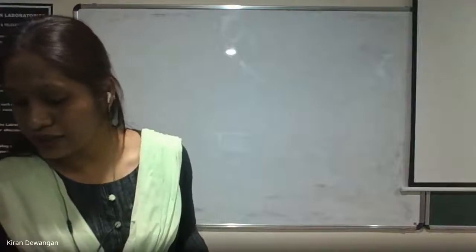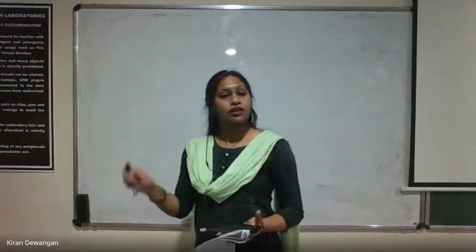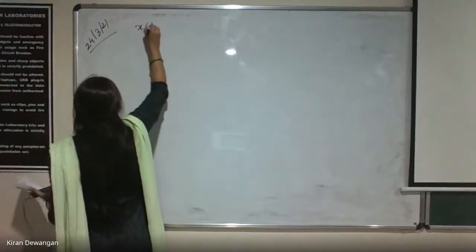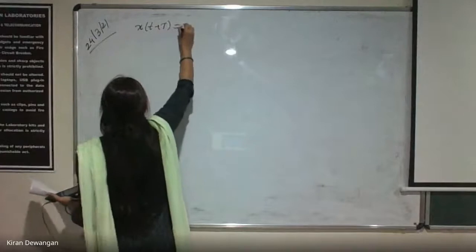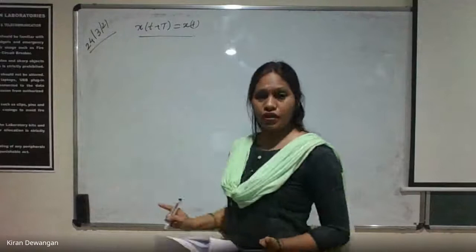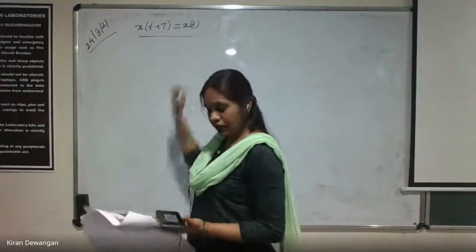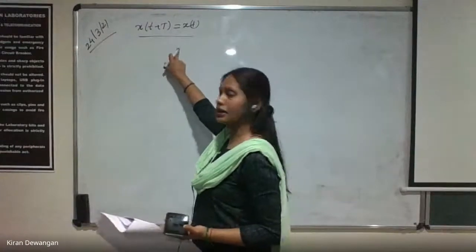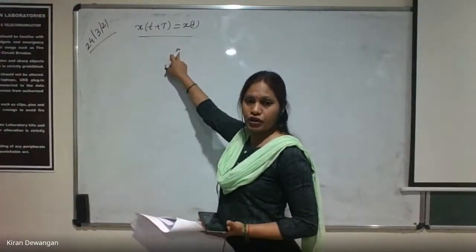Periodic and non-periodic signals. Now we already know what periodic signals and non-periodic signals are. Right? When we talk about a periodic signal, the important thing to keep in mind is x of t plus T should be equal to x of t. This is the only condition to check periodicity. Clear? If any continuous time signal satisfies this condition, then we say that the signal is a periodic signal. Correct?